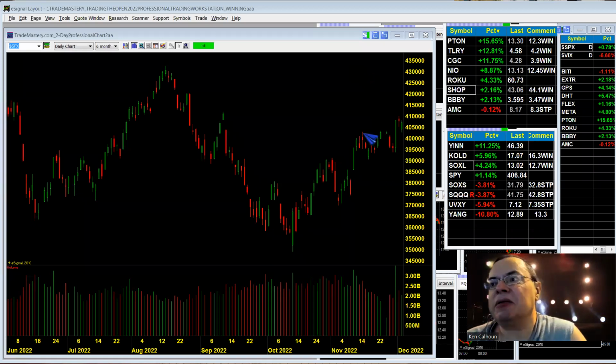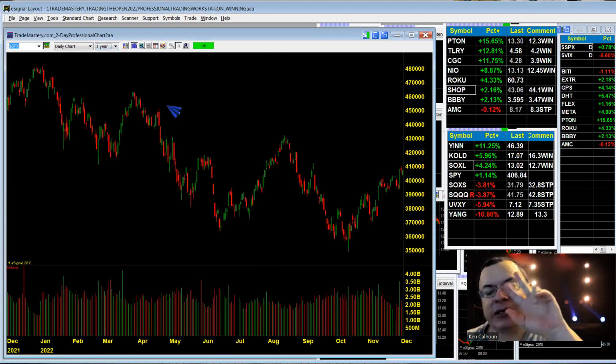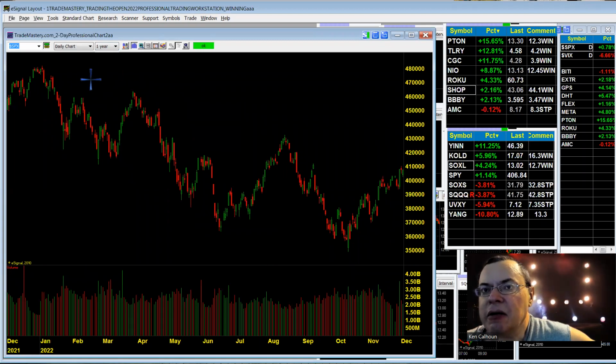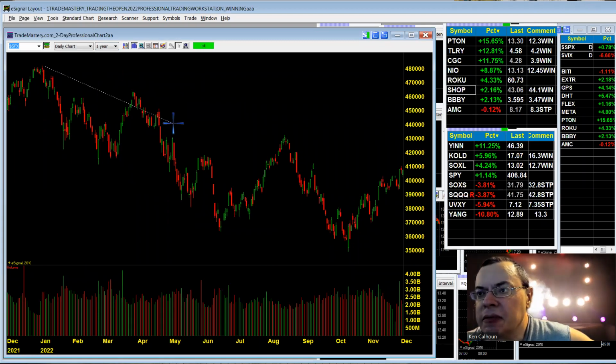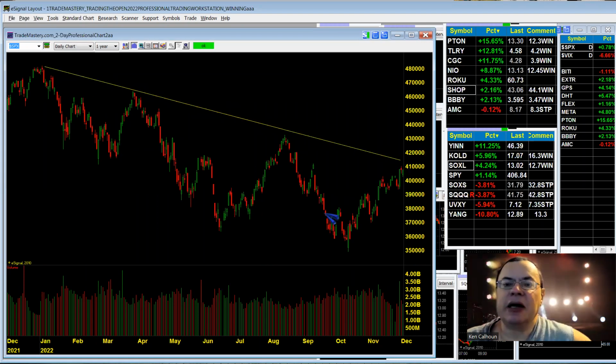They've been up as of late, but we're still at the upper bounding box of a downtrend. So the two key technical levels to look at on the resistance side are right here. That's the upper bounding box of the channel. That's really important. A lot of people will jump the gun, myself included. I bought a few things yesterday for swing trades, and I'll go over those in a minute, but very small size until we get over that resistance near 4110 or thereabouts, okay? That's one key resistance area.